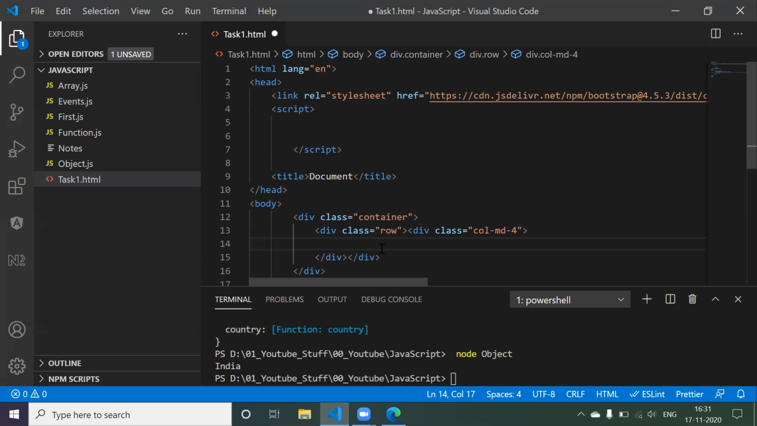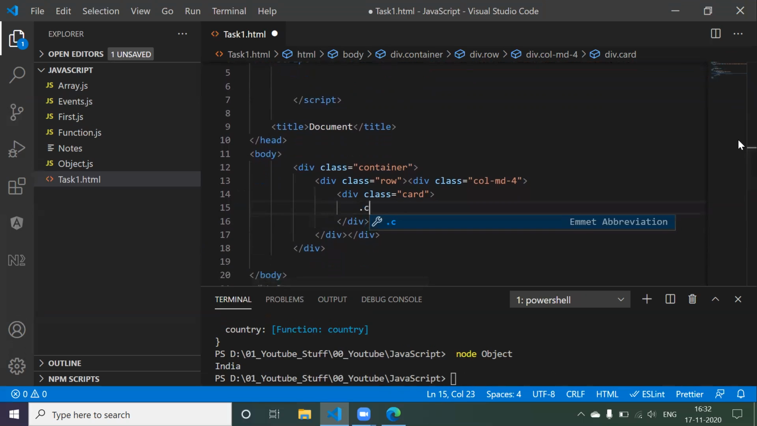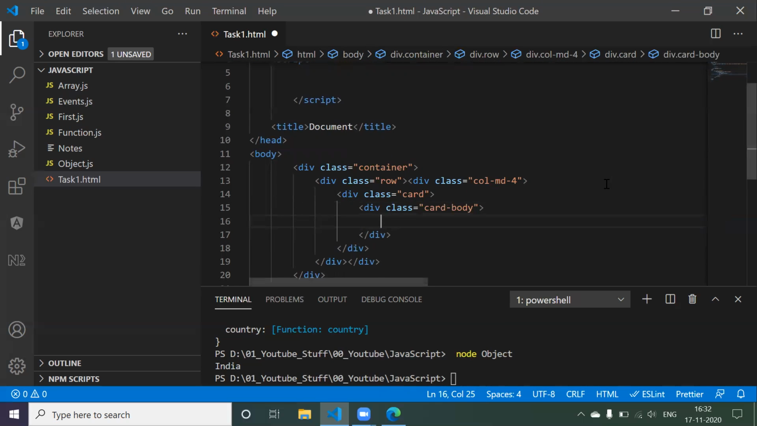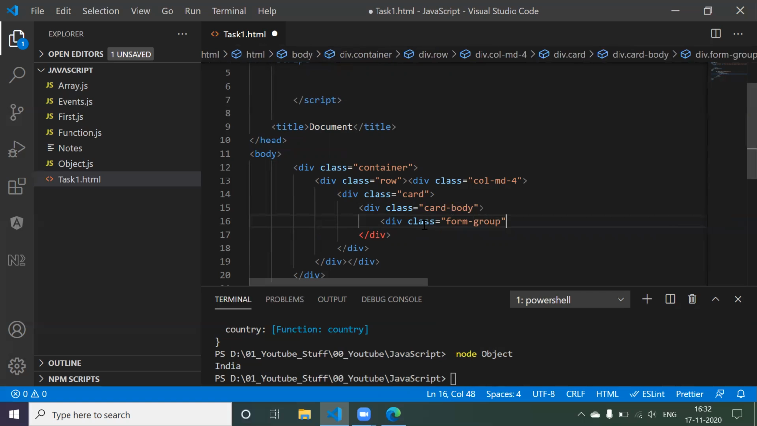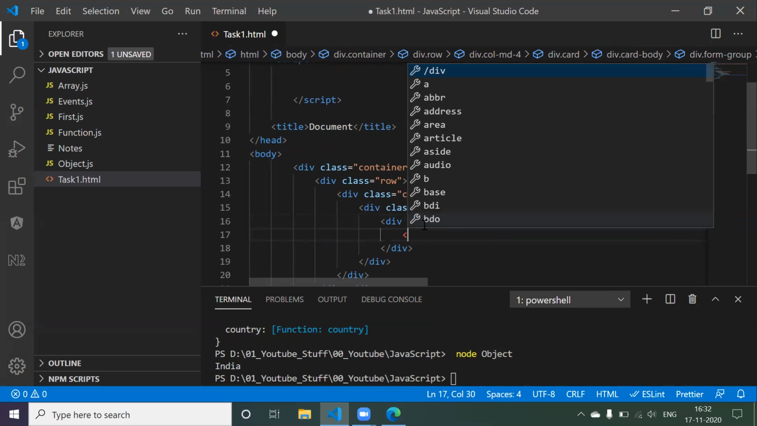Now what I wanted to do here is create one card. So I'll be taking a card. Okay, fine. Now in this card, I will be taking one card body, card-body, tab. We took the card, then we took the card-body. Now here I wanted to take a div. So div, I will be saying class equals form-group, right? Now in this I want to take one input